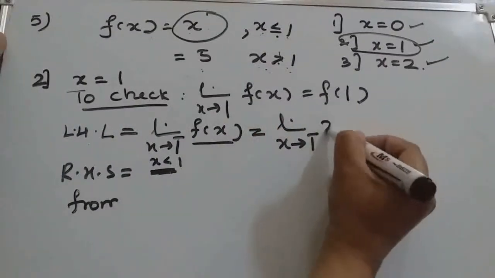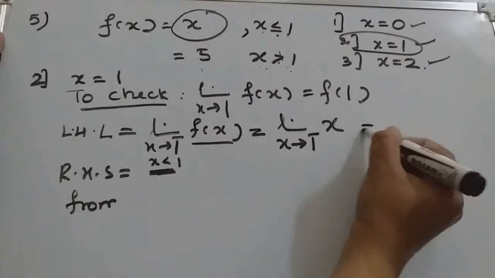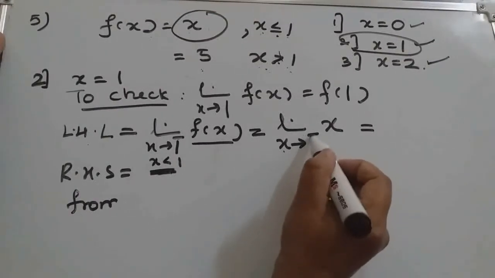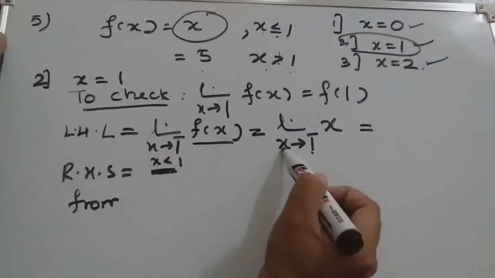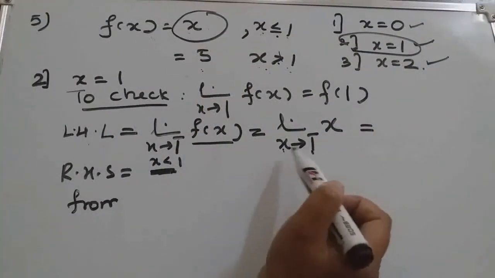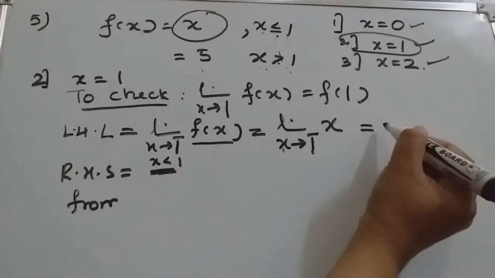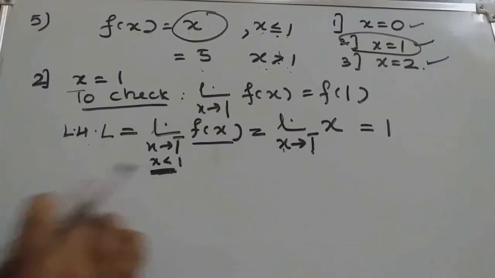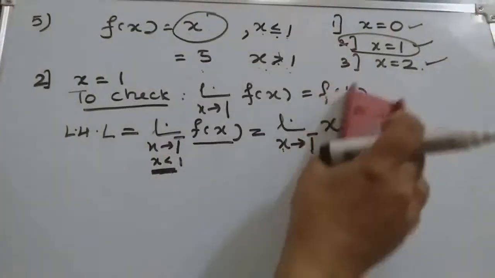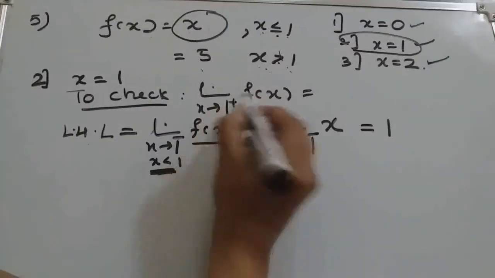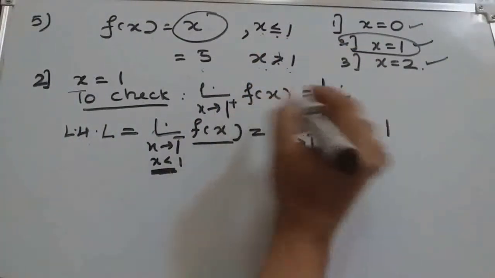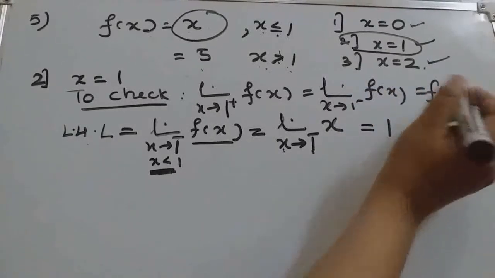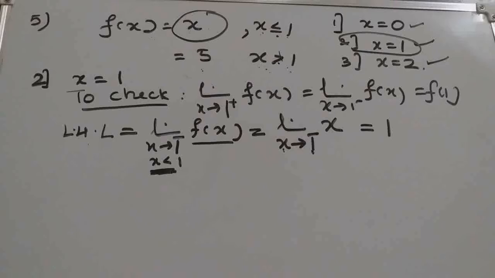So in place of f of x we'll write x. Now for this x we will substitute 1. This minus only indicates that the value of x is less than 1. It doesn't indicate that the x value is minus 1. So here the answer will be 1. Okay, then we'll consider the right hand limit. Here we should check 1 minus, f of x and f of 1. These three expressions we should check here.